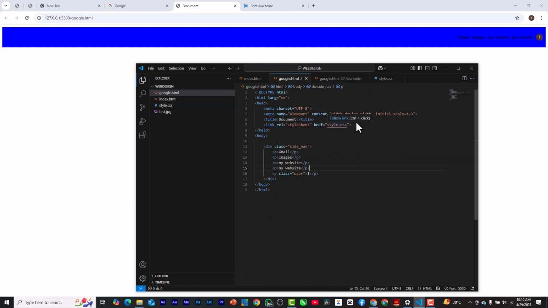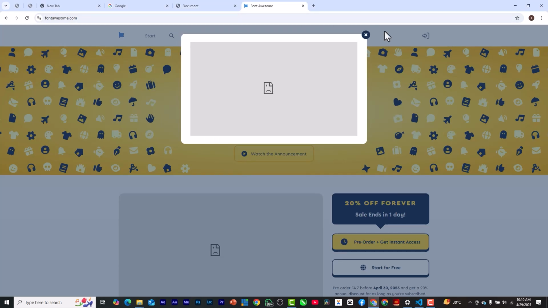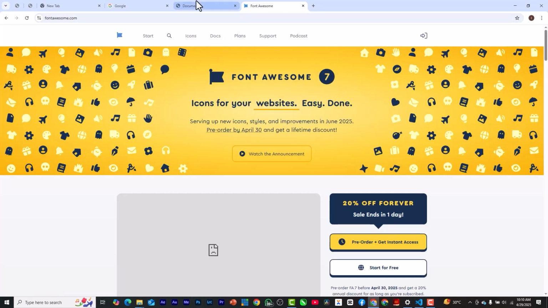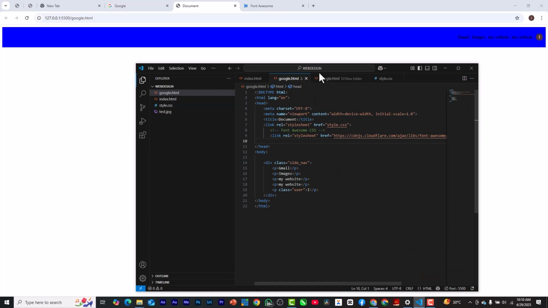We just come here, paste the CDN for font icon. So with this, we can actually make use of the icons library here. They have hundreds of thousands of icons. So to save us much of our time, let me just copy the link, the icon, and we just paste it